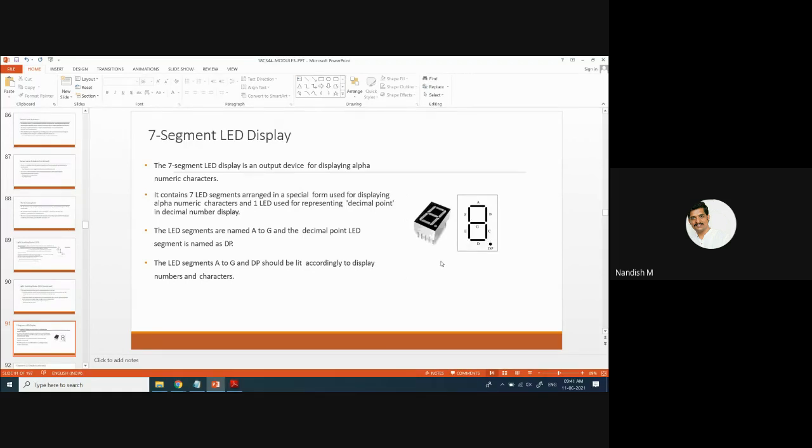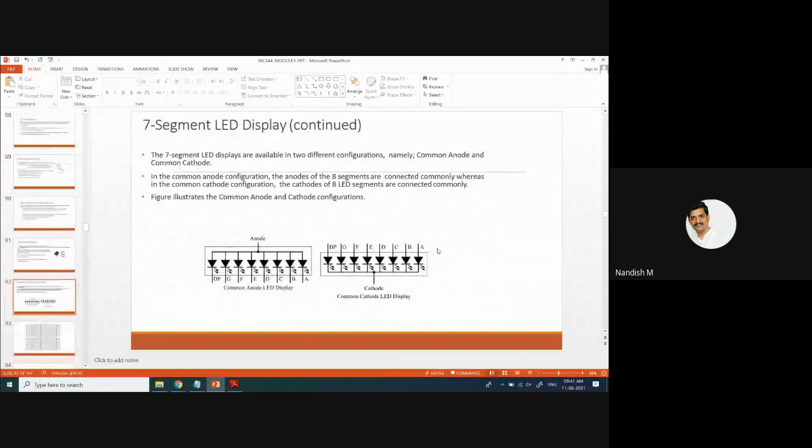I think you have seen this in the previous lab, the ADE lab. Many of you have done the experiment on this itself, and in the exams also you got this experiment, the 7-segment display. Now I'm going to explain common anode and common cathode. At the end of this, you have to say whether in our lab trainer kit it was a common anode or common cathode connection.